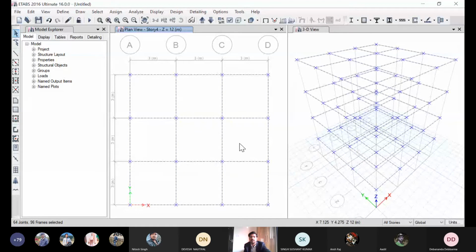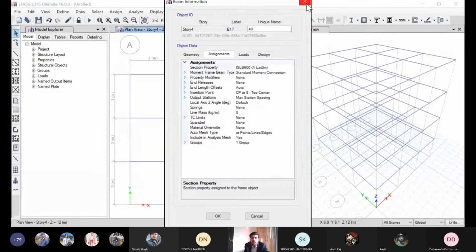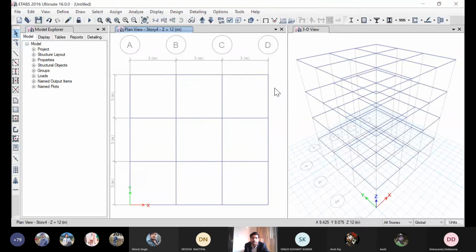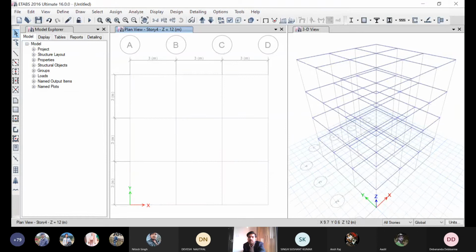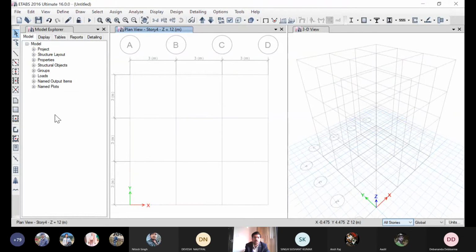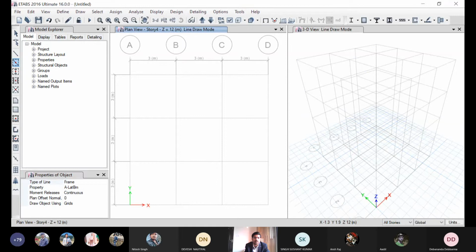If we had selected earlier, we would not need to change it. We can again make this, there is no issue. All stories, and we'll go to quick draw.